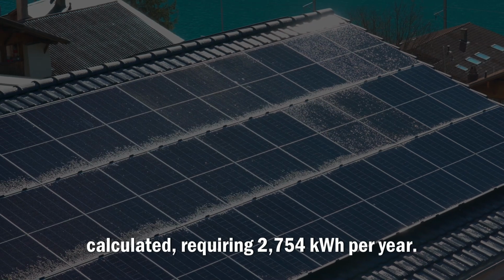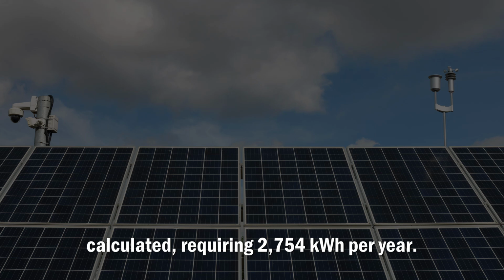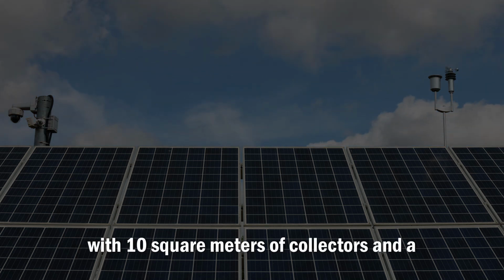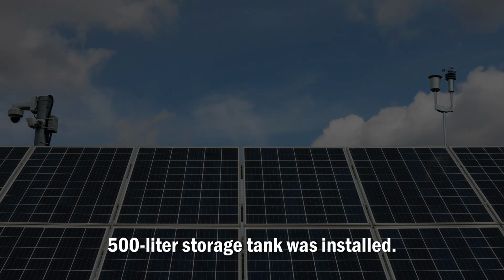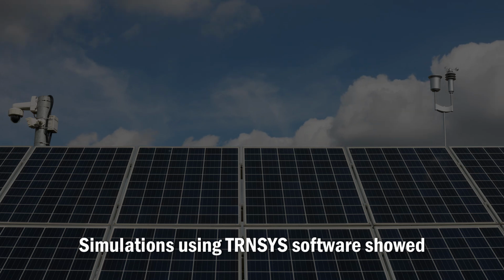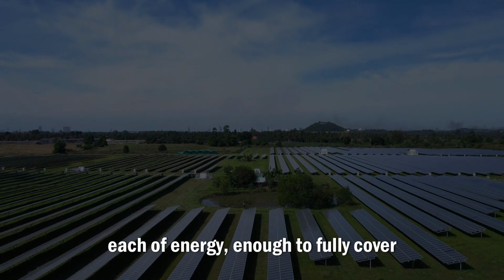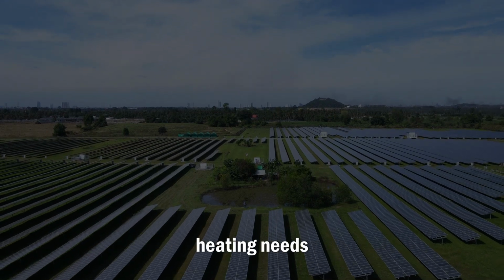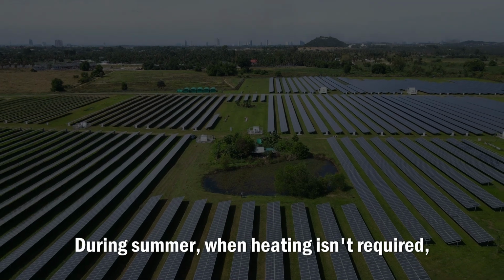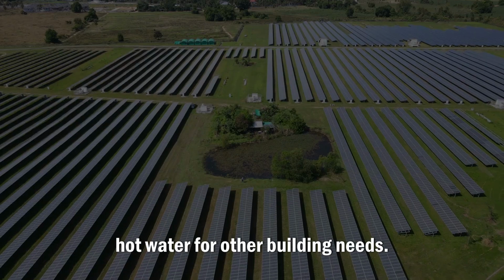The heating needs of the building were calculated, requiring 2,754 kilowatt-hours per year. To meet this demand, a solar thermal system with 10 square meters of collectors and a 500-liter storage tank was installed. Simulations using TRNSYS software showed that in June, the system provides 500 kJ/h of energy, enough to fully cover heating needs 100%. During summer, when heating isn't required, the excess solar energy is used to produce hot water for